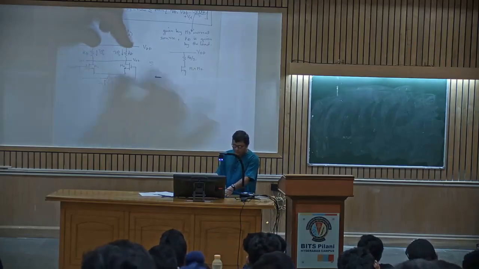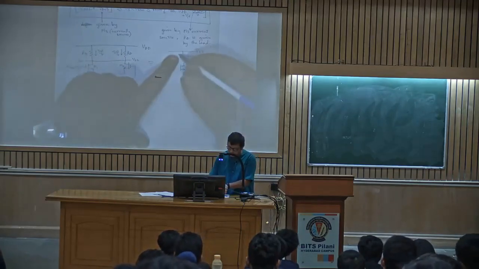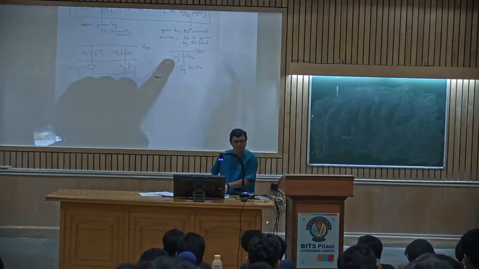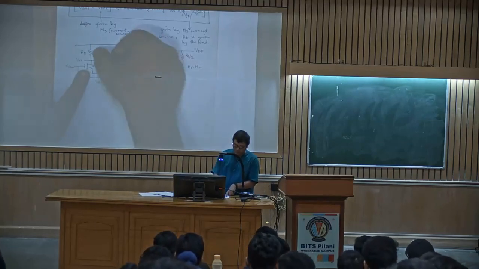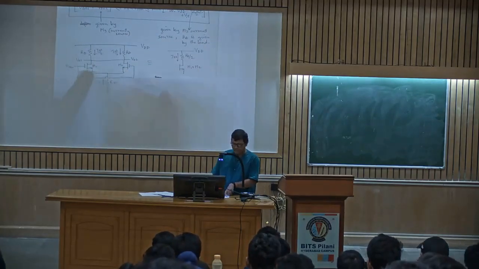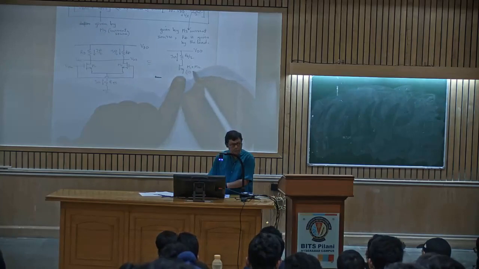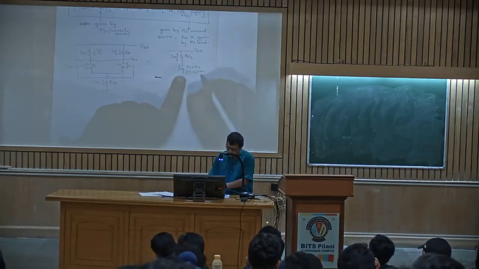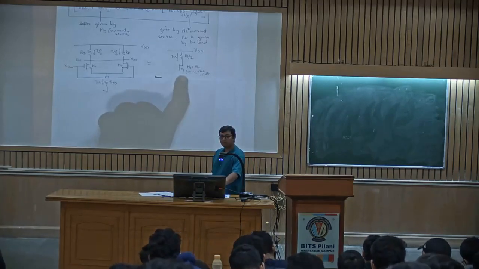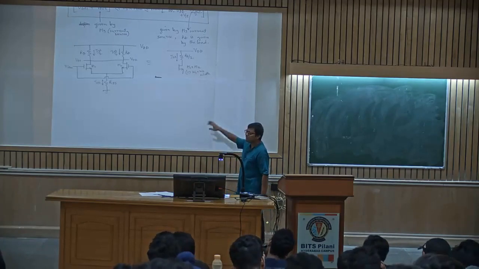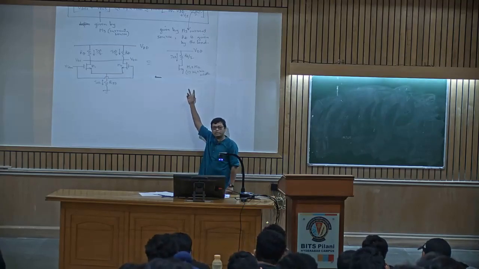Notice if you are combining these two branches together, ISS by 2, ISS by 2 add up. So the total current flowing over here is ISS. Correct? So in this transistor what is going to happen? The current is doubled. Earlier it was only one branch. So the current is doubled now over here. That effectively implies W1 plus W2 width. I am specifying W1 plus W2 because in the worst case scenarios the transistors may be different. We will see those variations later. Understood? Because the current is doubled, the width will be doubled.